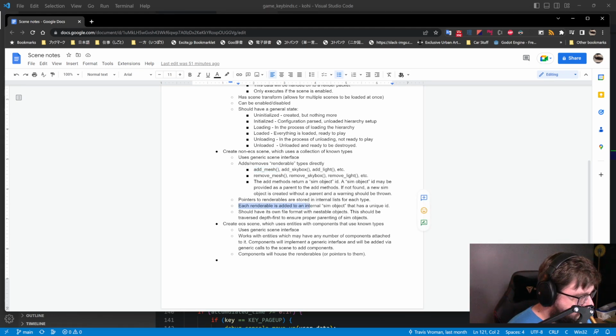So each renderable is added to an internal sim object that has a unique ID, and then this should have its own file format with nestable objects. This should be traversed depth first to ensure proper parenting of sim objects. So depth first means, let me open